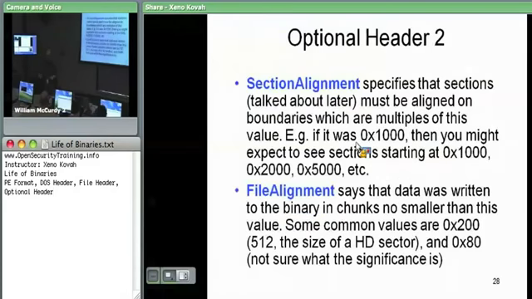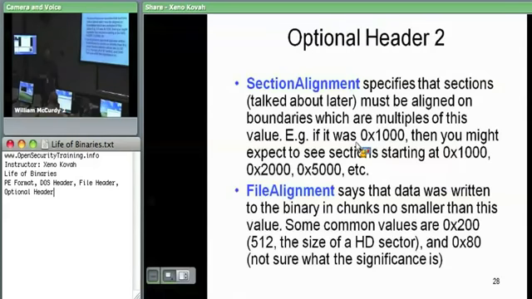So this is what I was just saying, section alignment and file alignment. So we said that there's that array of section headers after the NT header, which we'll talk about in a bit. But basically there's a field in this optional header that says when you're mapping those sections from disk to memory, you must always align them on this boundary that I specify here. So typically this is going to be something like hex 1000 because, as we saw in the intermediate x86 class, for those who had it,